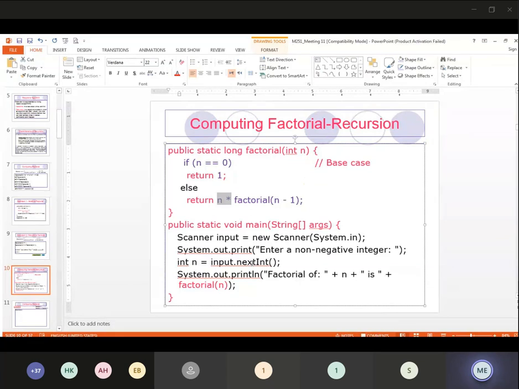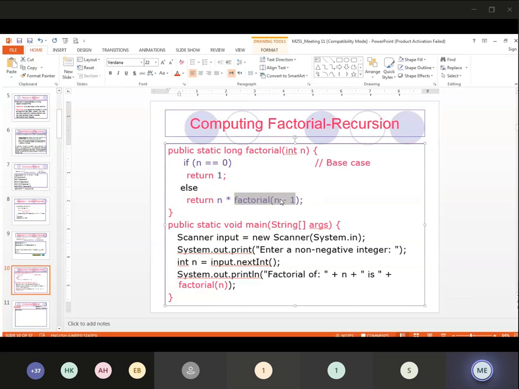So let us check. If n is equal 0, return 1. Else, what I'm going to do, I'm going to call myself. What is the name of the method? Factorial. What will be the value next time? It will be n minus 1. So factorial of 5. Is 5 equal 0? No. Else, 5 multiplied by factorial of